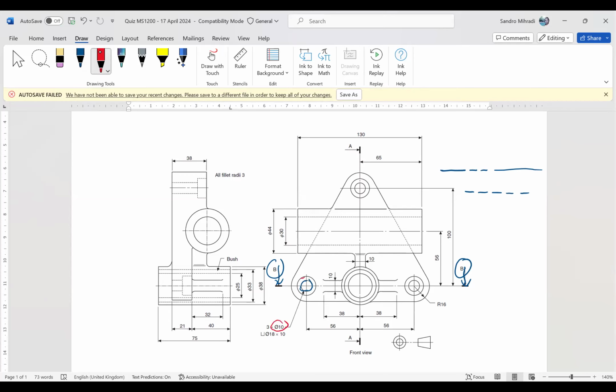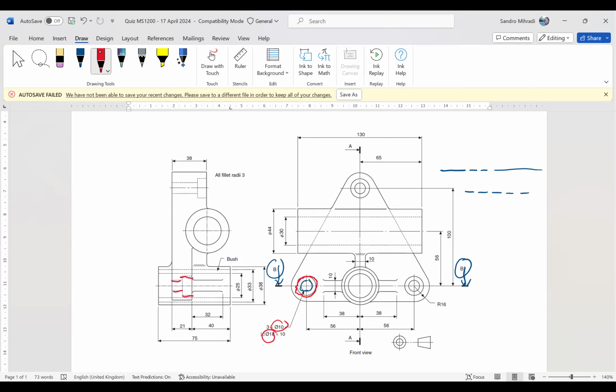Lalu di sini ada circle yang kedua, diameternya 18. Sebenarnya 18 itu mengacu pada diameter ini, dan yang 10 itu mengacu pada diameter ini.